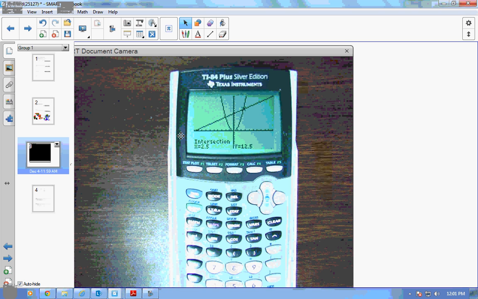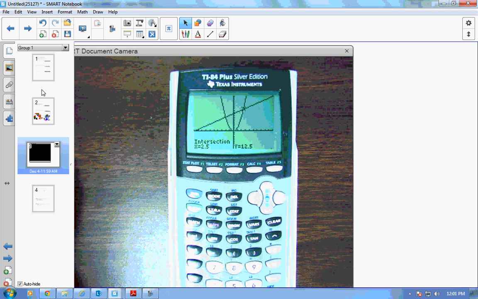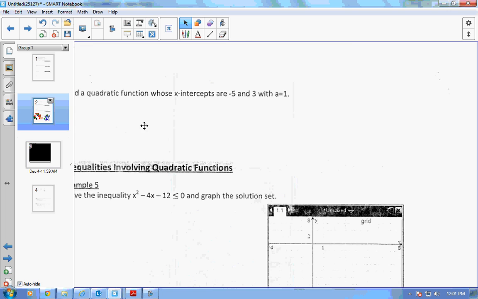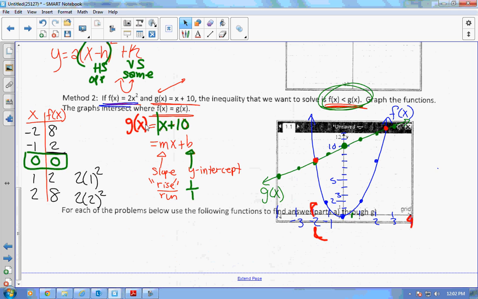What is the intersection? Okay, keep those numbers in mind so I can put them on mine. Okay, so we found out that this point was, what was it again? 2.5 comma 12.5. So about in here, they intersect. So our answer